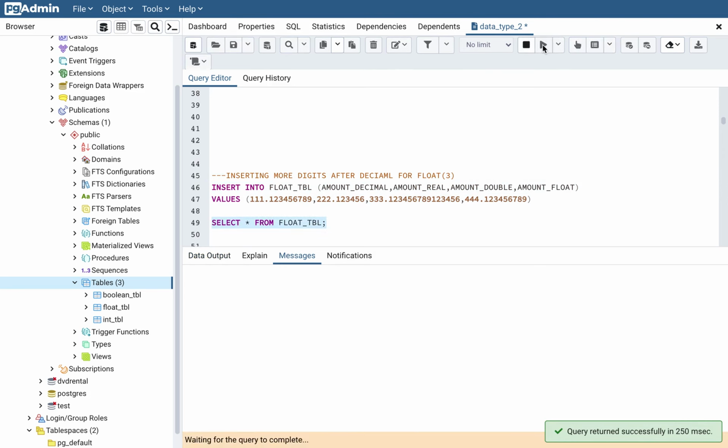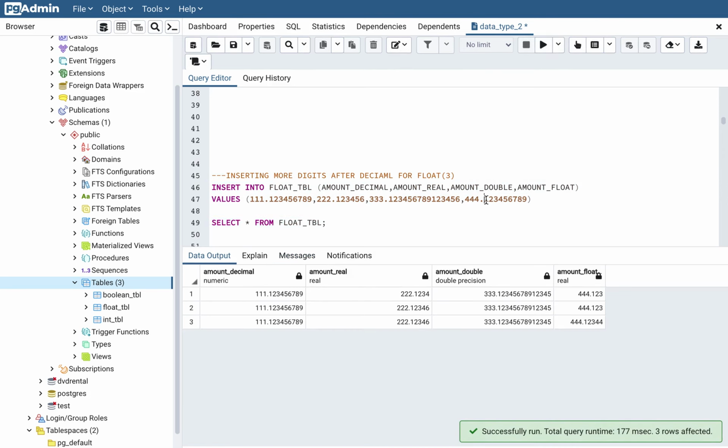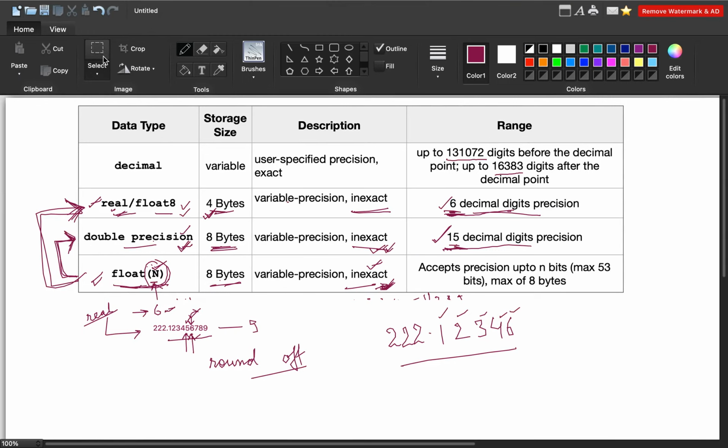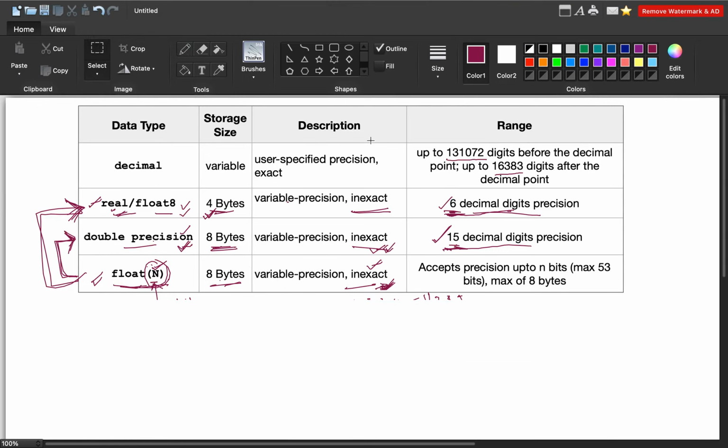So definitely now we know that the SQL will not throw error for the excessive digits after the decimal. Rather than that, it will round it off. Now you see here it has again rounded off this value 1, 2, 3, 4, 5, 6, 7, 8, 9, which I was trying to insert, but I have defined float 3. Now the moment I define float 3, what is the meaning of it? The moment I define that I want my value to be of type float 3, first of all, whenever you are saying, okay, I want to have a column with,